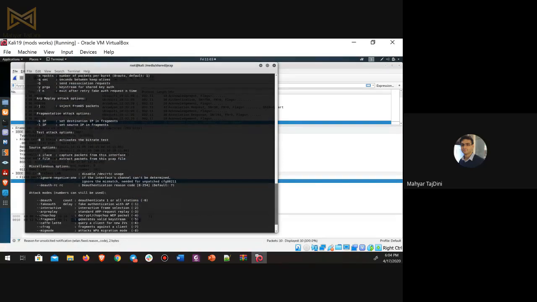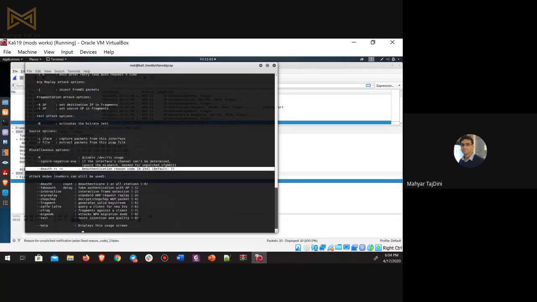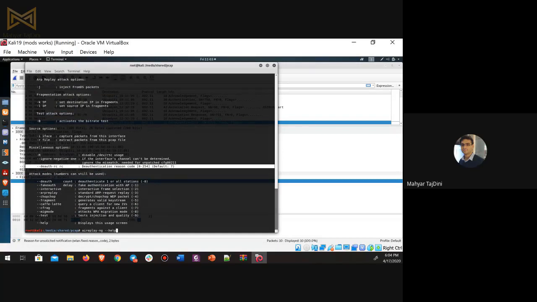Here. You see? The same tool, because what we are using is airmon-ng, airodump-ng, aireplay-ng. This is like a package. They are all together. With airmon-ng, you change your wireless mode to monitor mode. With airodump, you can see and scan everything, and with aireplay, you can make some packet and frame as you want. So if I start to use